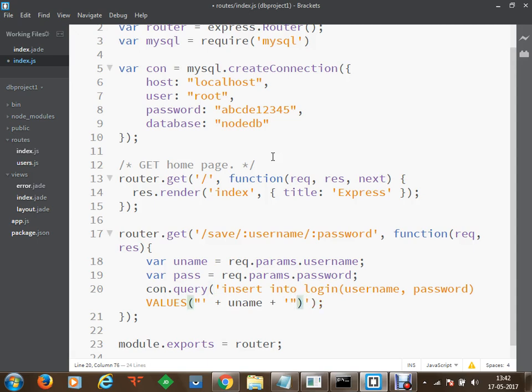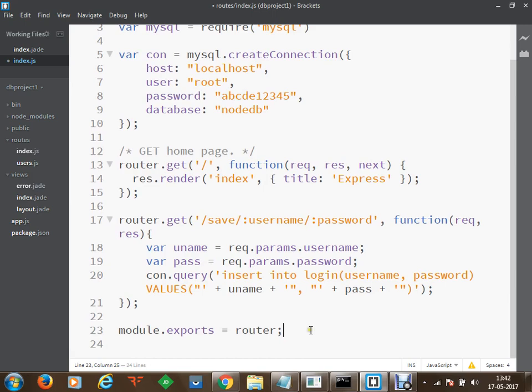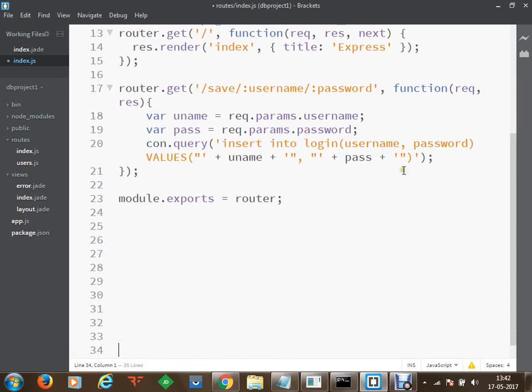Okay, we close the string part, then we start another string part and close it, then we are going to make use of the new word, and that will be pass. Then pass will be concatenated, so we'll start a new string and close it. So once we are done, you can see that a con query will execute an insert query, and our uname and pass will be inserted into the particular fields.